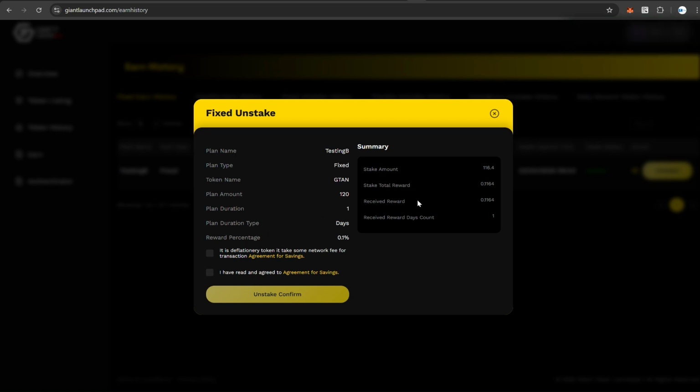Okay, so what did I earn? Stake reward, I earned 0.1, which is good. Remember, these are testing stuff, right? Received reward is 0.1. Okay, let's see. So we're gonna unstake them. Sometimes you might get an error. If you get an error, just refresh, just try it again. It just goes through. So we click the unstake,